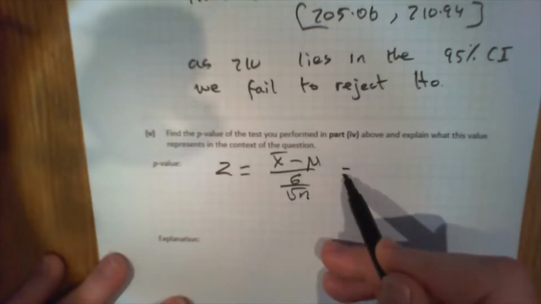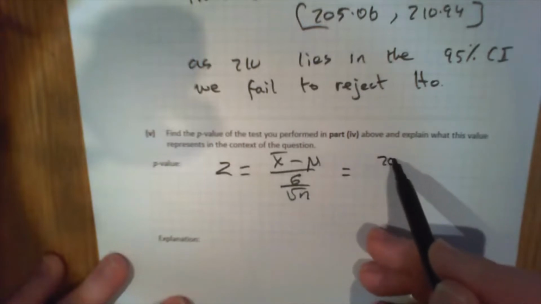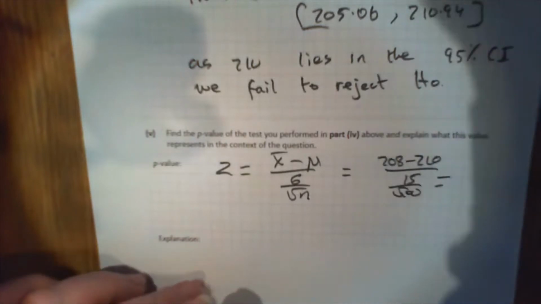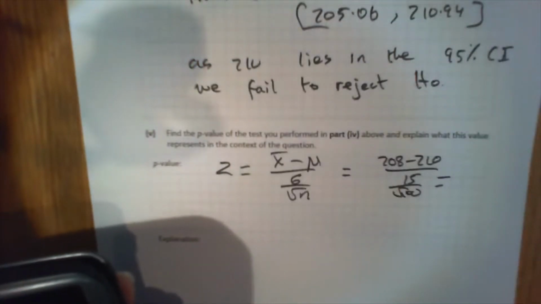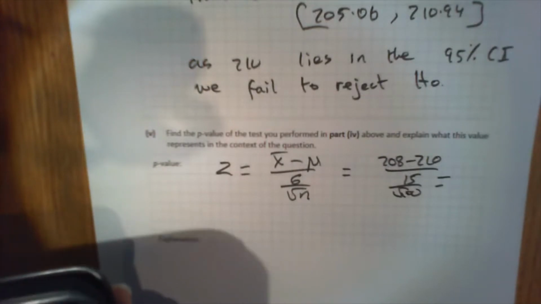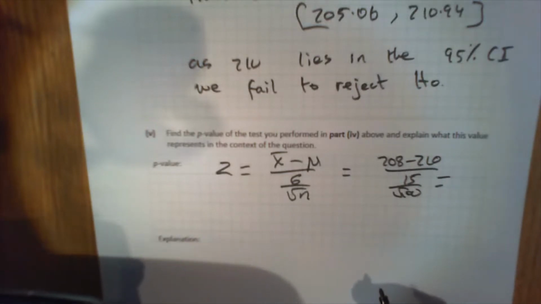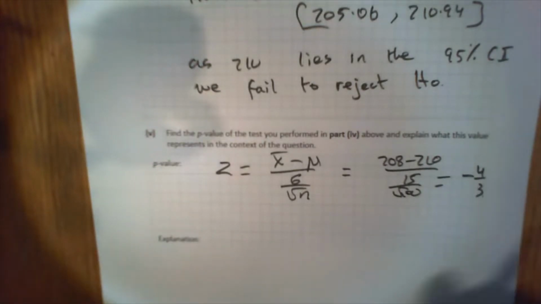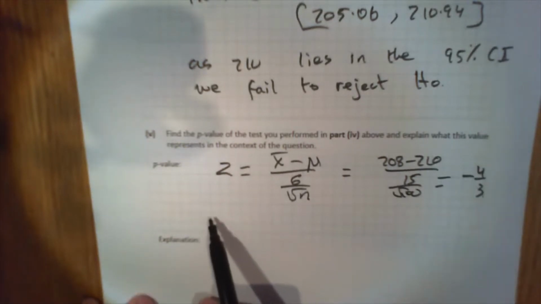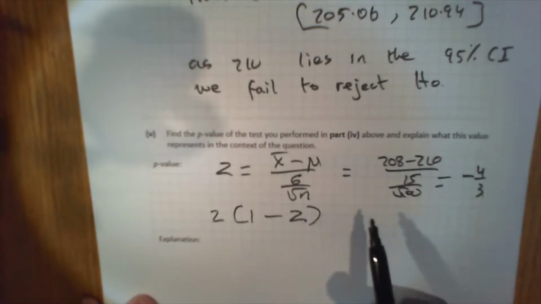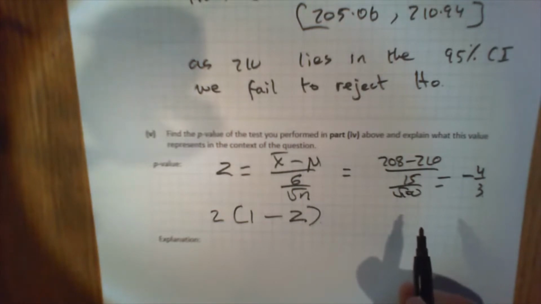Okay, so let's put in all our numbers. We've got X bar, which is 208 minus 210 over 15 over root 100. And that gives us 208 minus 210 divided by 15 over 10, minus 1 1/3, minus 4 over 3. Okay, now what do we do to this number? Okay, I hear you ask. Well, you always do 2 times 1 minus this Z, and if that is greater than 0.05,